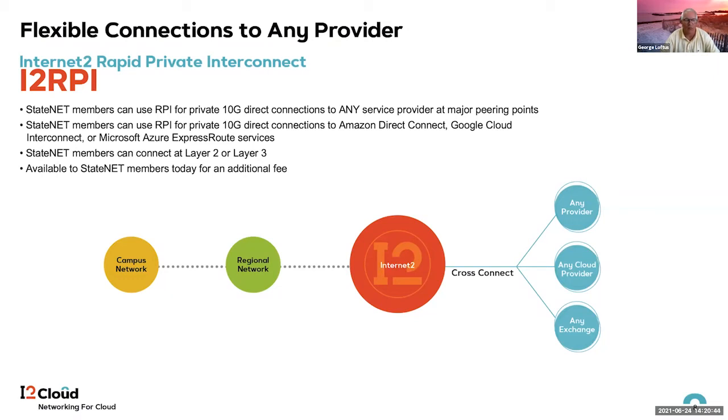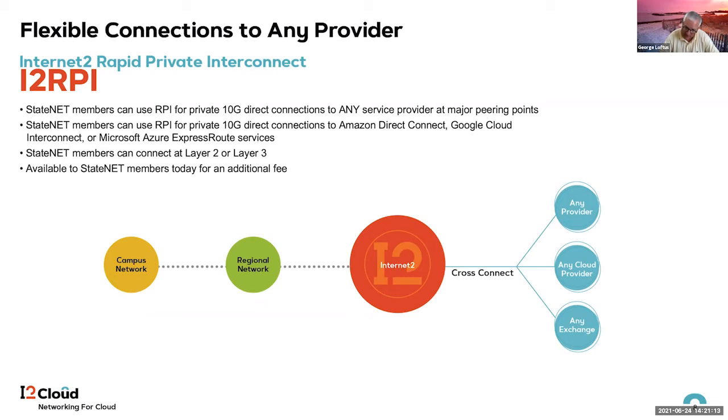You see the campus network going to the regional network and Internet2. And then at the Internet2 side, we're just going to put a cross connect into whichever provider you want us to. So it could be an esports exchange. It could be a normal internet exchange. Could be any cloud provider. Could be a SIP service provider. Whatever you want. There is a fee for this, and we work with your regional network to establish